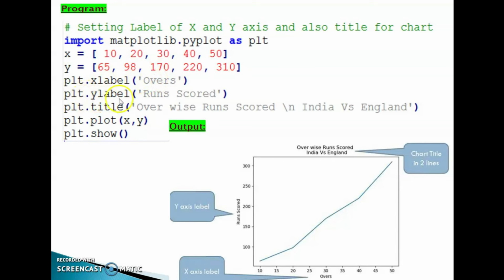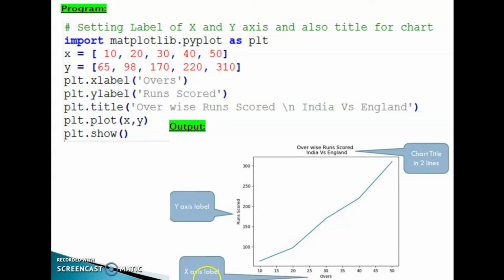Then how can we set the y axis label? plt.ylabel runs scored. Then how can we set the title? plt.title runs scored in India versus England. Then plt.plot(x, y). plt.show() function. The output is like this.